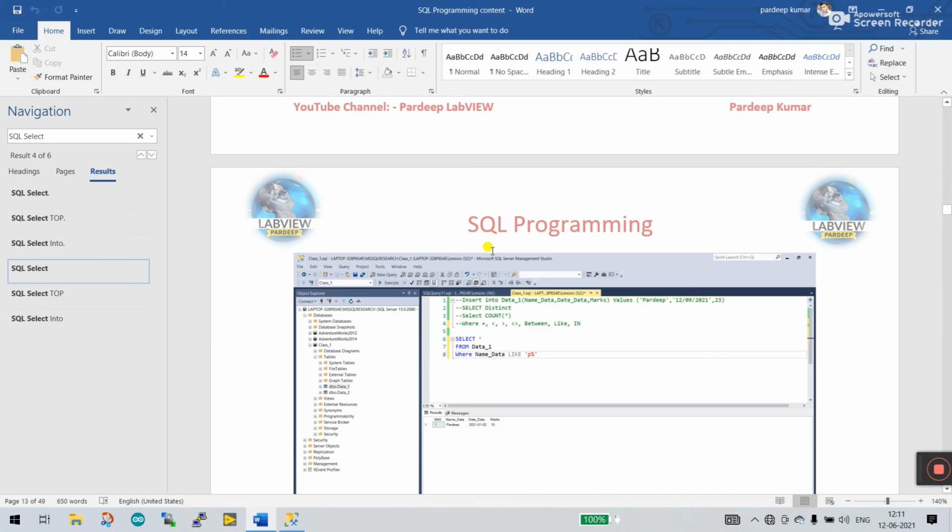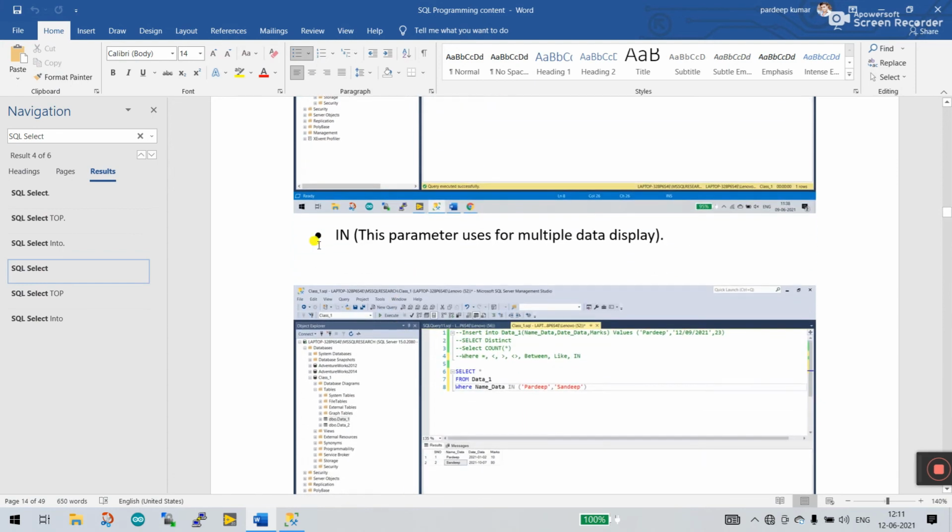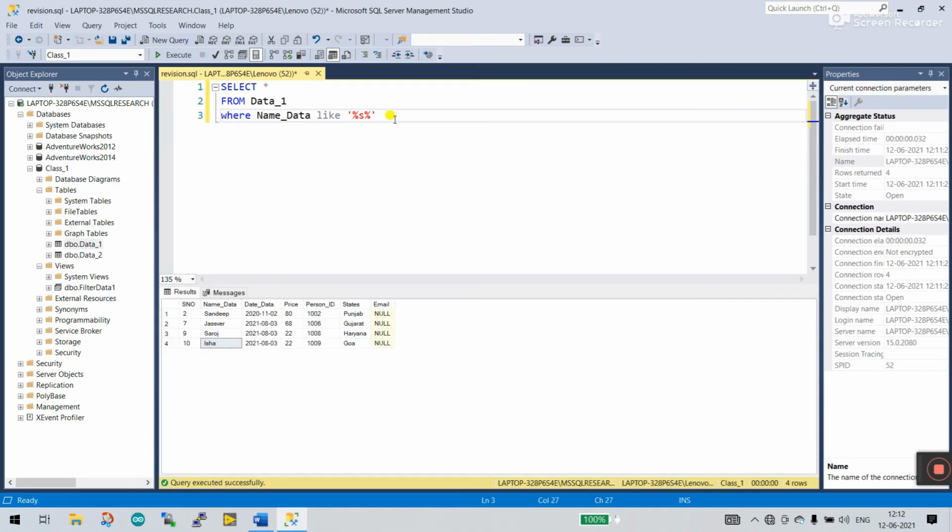Now let's come to the next one. Next one is IN. The IN parameter is also a WHERE condition. This parameter is used for displaying multiple data. Now how can we do this? Let's enter here name data IN, bracket start, bracket close.